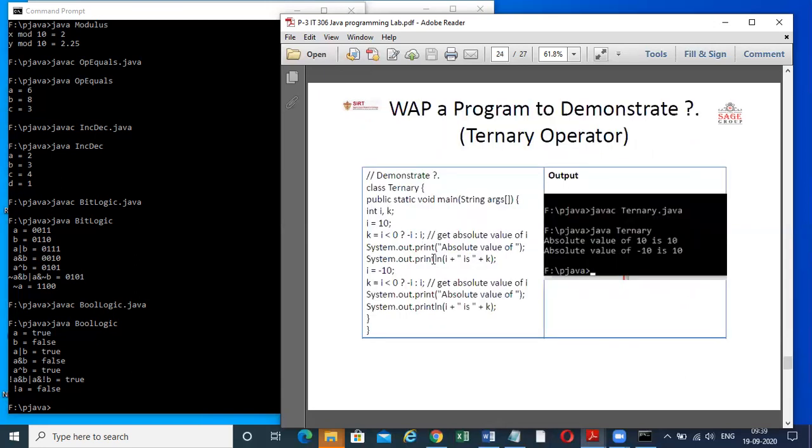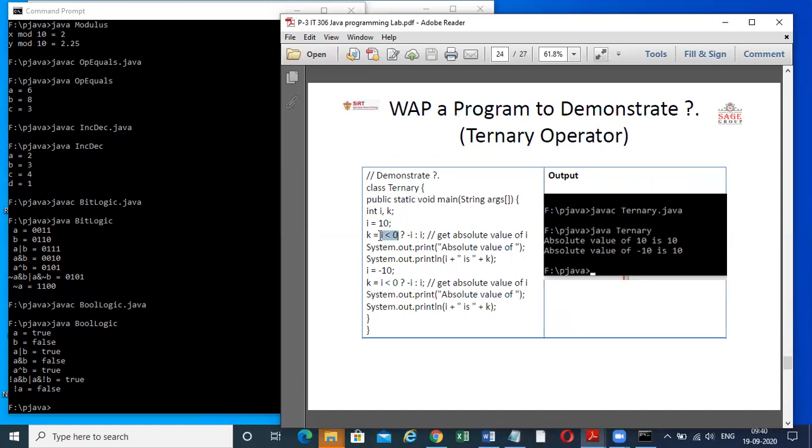Now let's take a look at the ternary operator. Here I take a class called Ternary, then the main function, public static void main. Here I take two integer variables, i and k, and assign 10 to i. Then k is equal to i less than 0 ? -i : i.